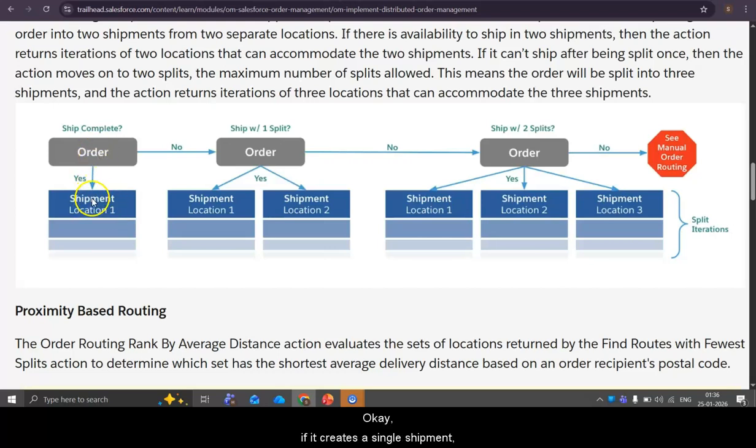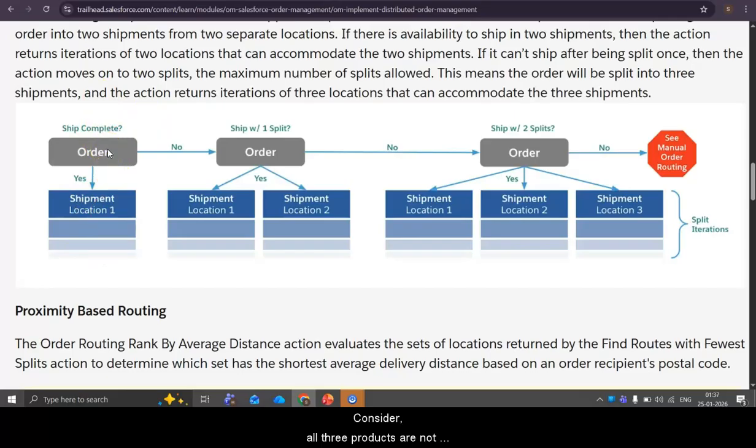If it creates a single shipment, then all the items will be delivered from a single store, so that the shipment charge will get reduced. And we can even deliver all the items to the customer at once. Okay. This is the one scenario. Here we are checking whether the shipment is ship complete or not.